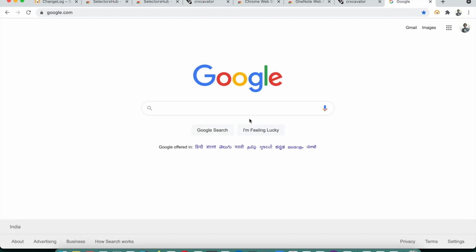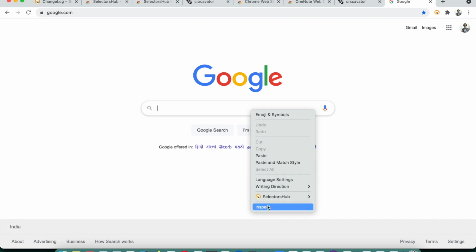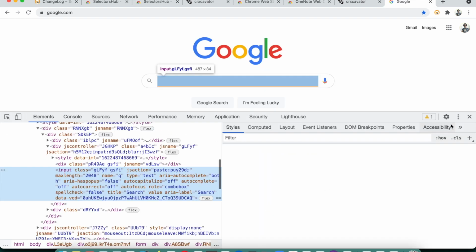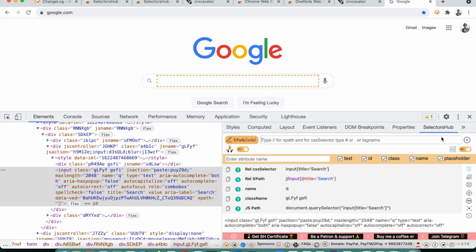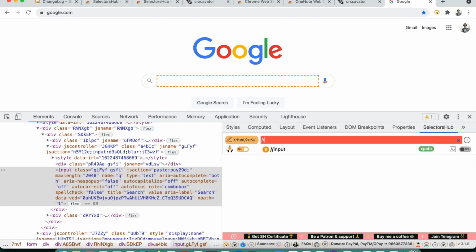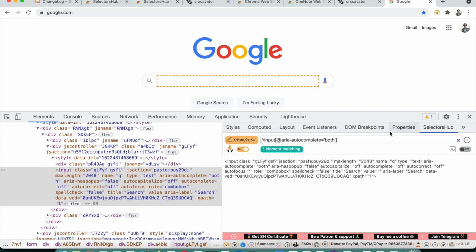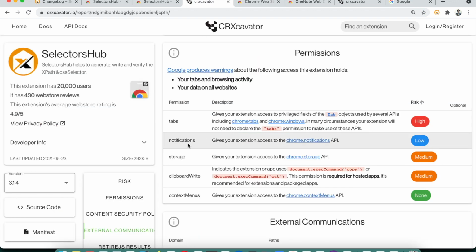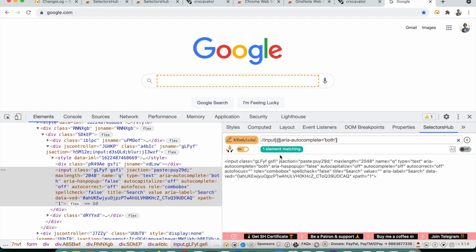Storage. So you know that when you use selector sub, if you change anything here, those settings are saved. Let's say you want to use it in the default editor mode only, just editor, where you want to type your XPath. Where do these settings get saved? This is saved in your local. So to save those settings, the storage permission is required. To save the XPath value that you have typed here, there is a feature, save selector value. For that storage permission is required.